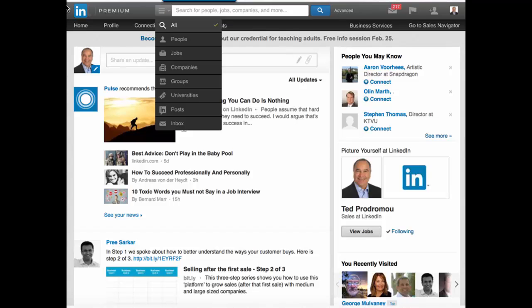And if you're looking for good content to share, you can search LinkedIn posts for certain keywords. So within your niche, if you're in healthcare or something, you can search for keywords in healthcare, and they'll show you all the posts on LinkedIn, and you can share those with your audience.